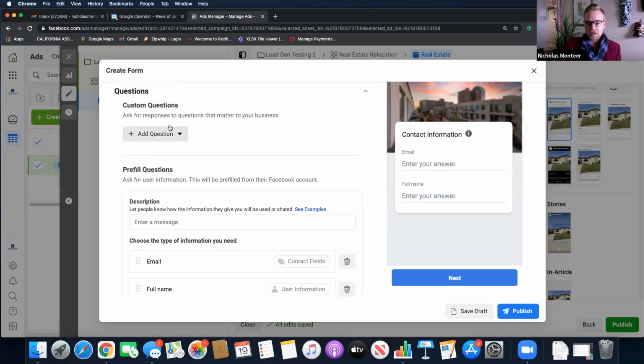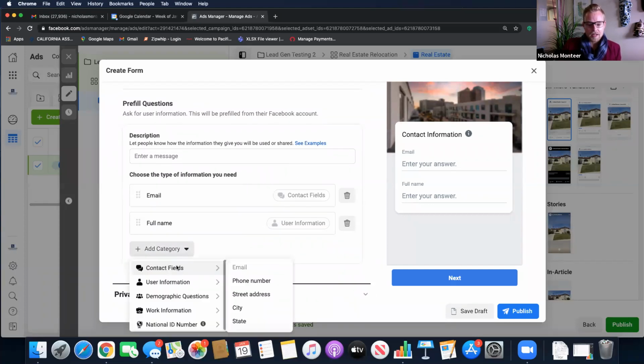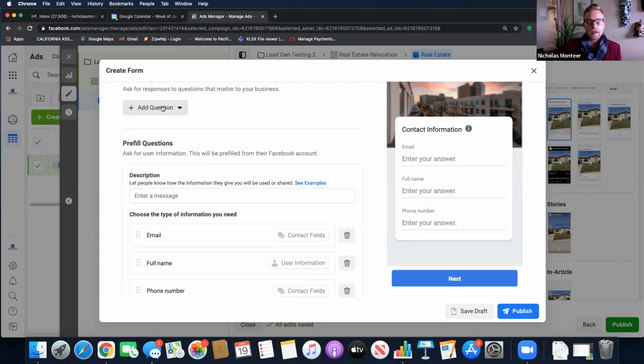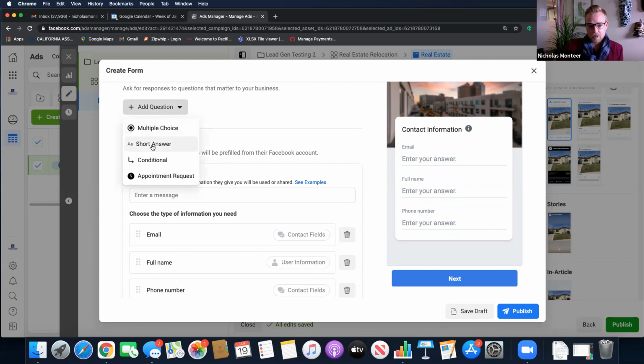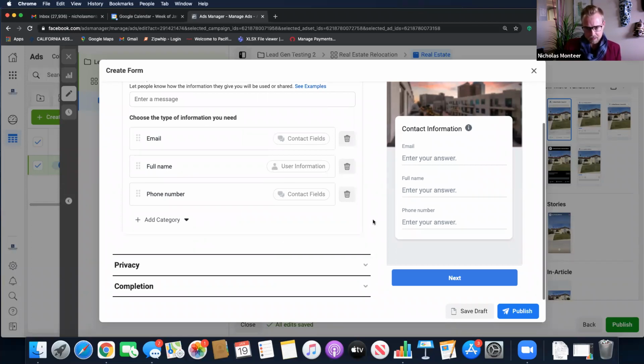So you can add a custom question if you want to. I stay away from those because I think the less questions, the better. Down here under add a category, I can add a contact field if I want their phone number. And notice that when I click on that, it populates their phone number off to the side, right? I left it as simple as email, full name, phone number. If you want to ask a custom question like, hey, are you pre-approved, or how long have you been looking for your home, you can add it. Look at all the choices: multiple choice, short answer, all kinds. You can add whatever you want, just so you guys know. I kept it simple. I noticed the amount of leads you get is a lot better when you keep it simple.